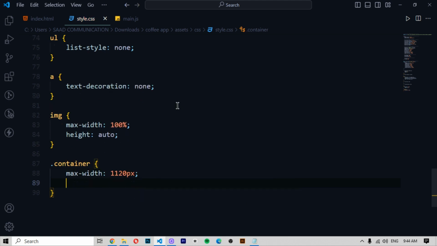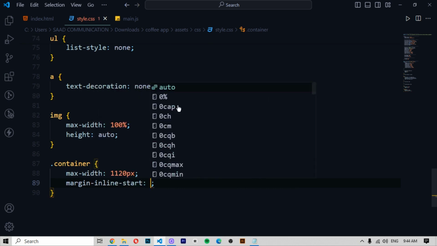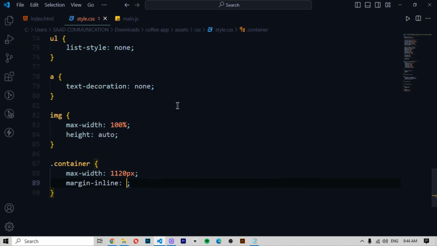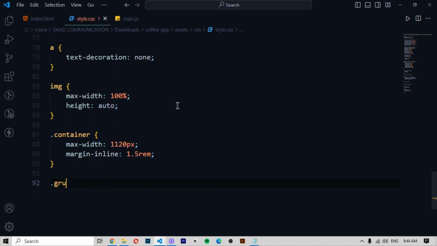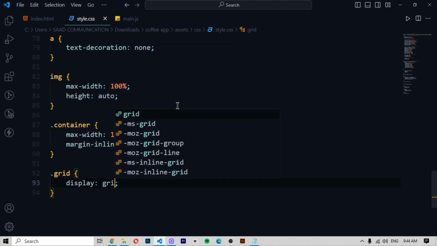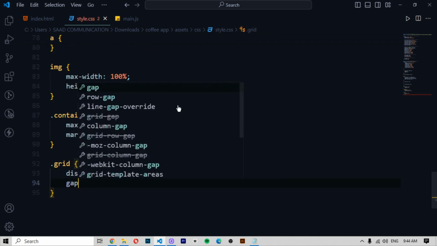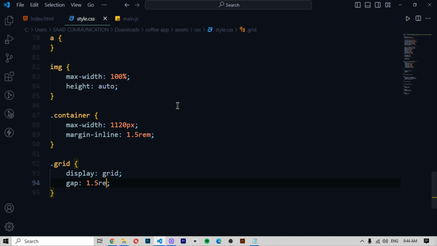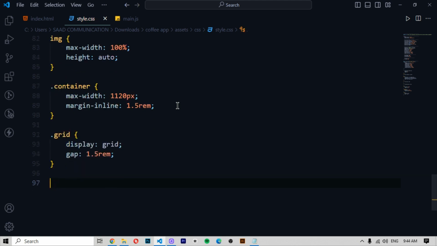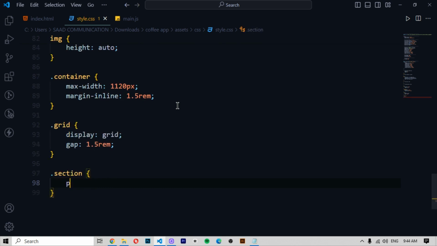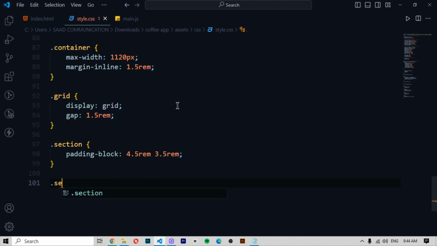Enter, and then dot container max width 112 pixels, and then margin inline should be 1.5 rem. Dot grid display should be grid. Gap 1.5 rem. Dot section padding block should be 4.5 rem and 3.5 rem. Then dot section title